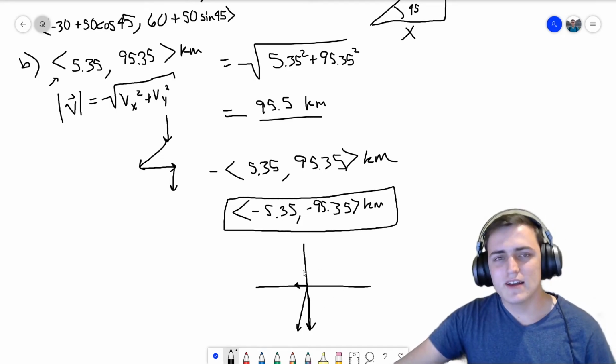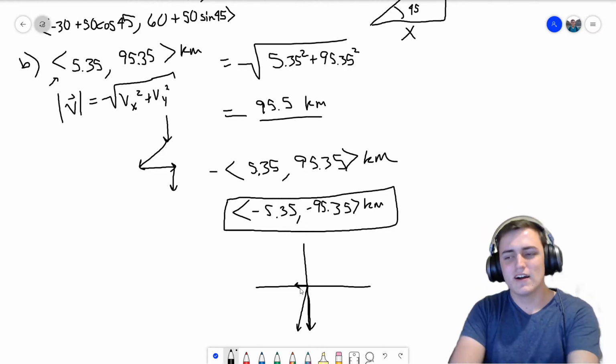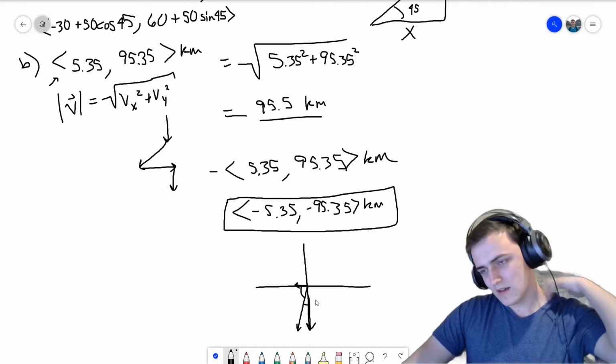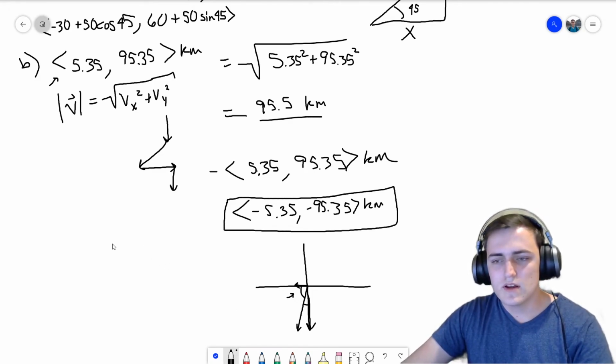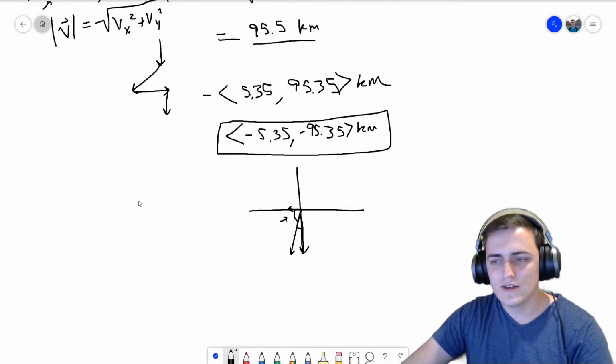And so now we are asked to find an angle to represent where that is. How do we find either this angle or the smaller angle? We could find either one, right? And sort of describe where it is. So why don't we find this angle here? What's going to help us solve that is to draw a triangle